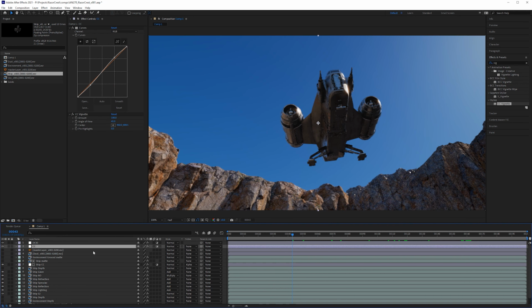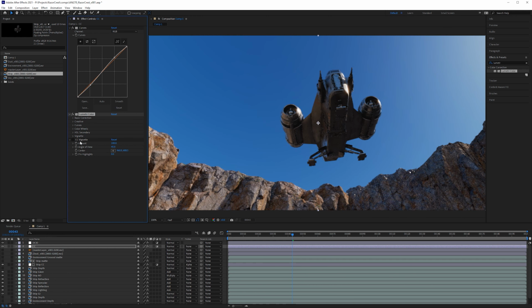That looks pretty good. Now we could also play around with what is called the Lumetri color. So Lumetri color is like an all-inclusive color correction effect. We'll place this above our vignette. And you can do stuff like vignettes inside Lumetri color. I personally like to itemize my effects, so I like to have them separate because I can easily turn just a singular thing off, whereas Lumetri color sometimes is a little bit tricky to do that.